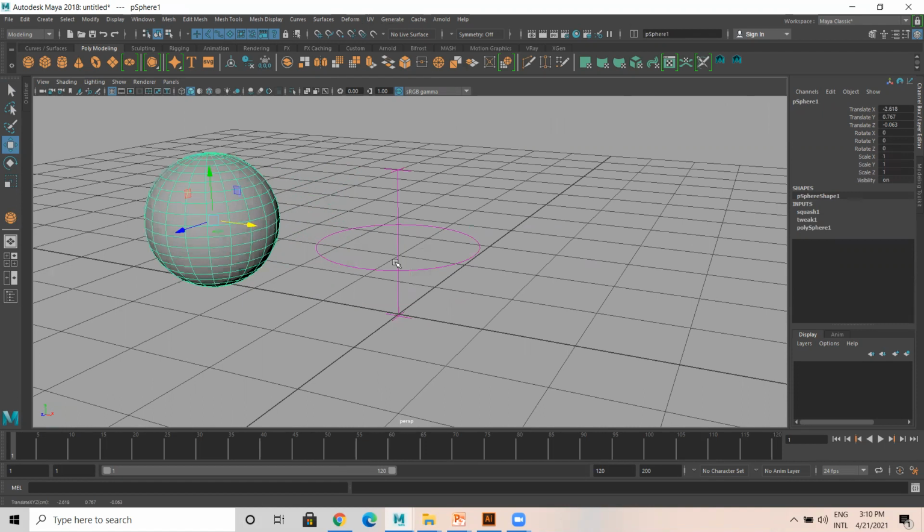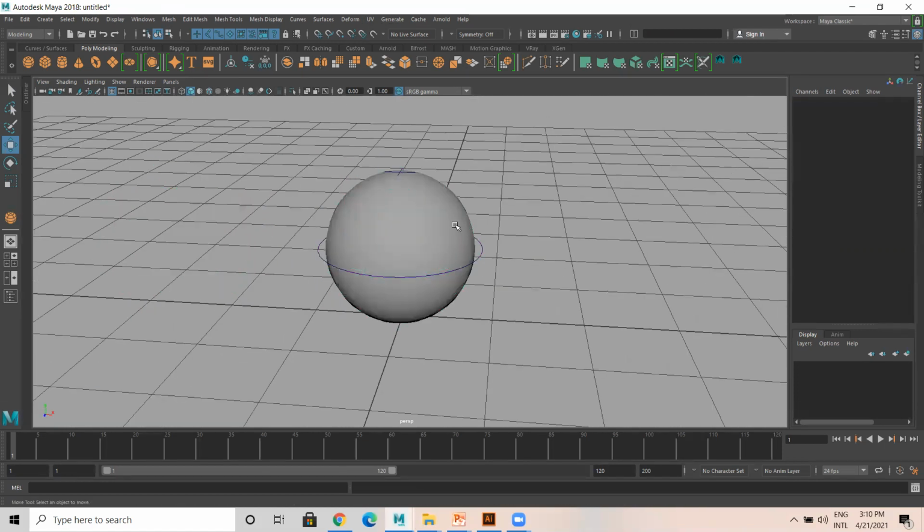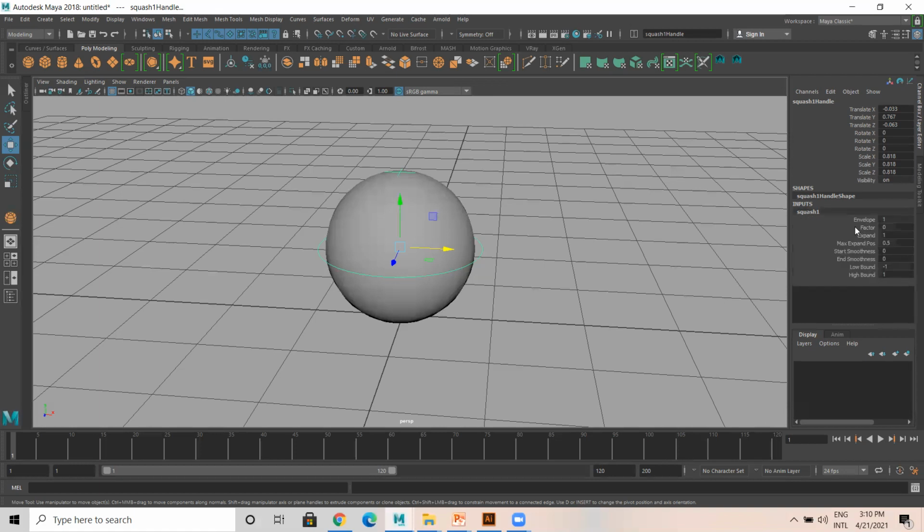We can make this a child of this deformer, but that's okay. Select this one; here in the inputs, you have squash.